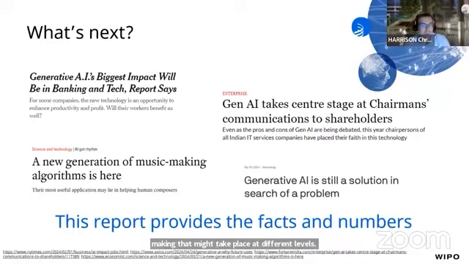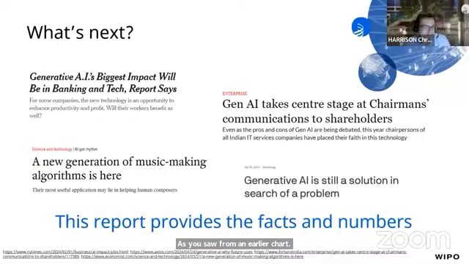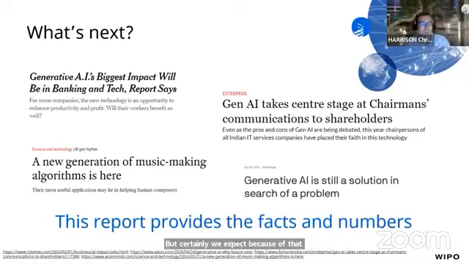And there's obviously, as everyone knows, been a lot of news and hype related to Gen AI. This report only ultimately provides a start. It provides some of these solid facts. We do see, as you saw from an earlier chart, that scientific publications lead patent publications, and that's not surprising. This is seen across other areas as well. But because generally you have a lag in patents of a couple of years over scientific publications, we expect the huge growth that we've seen in the last calendar year to continue.